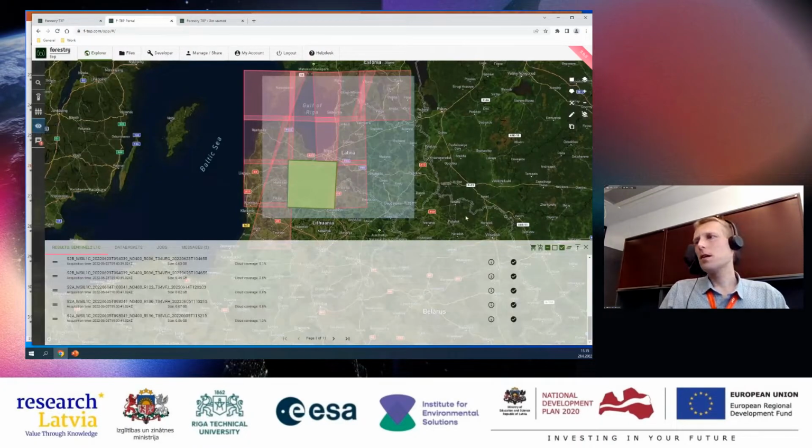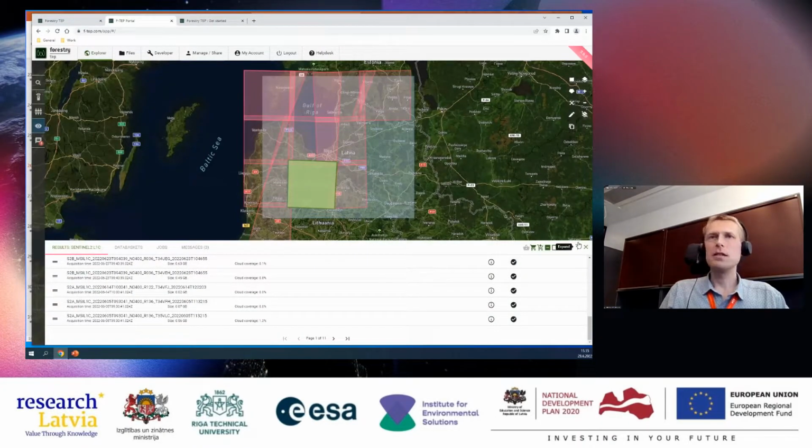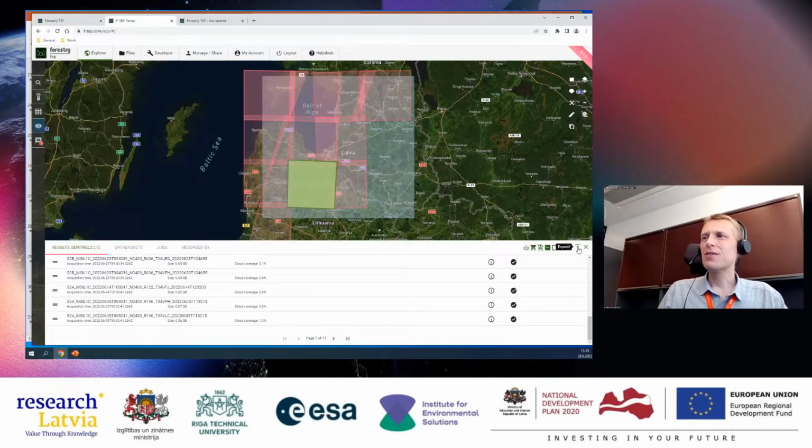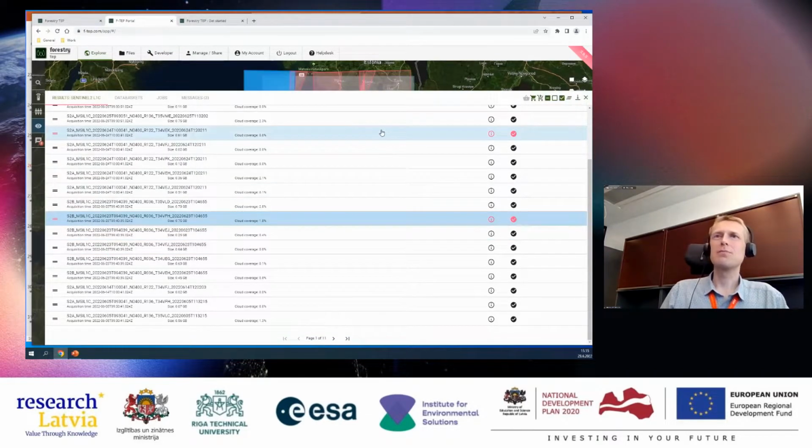And then last but not least is the data panel button. And this is where, let's say, the platform communicates with the user through this panel. First of all, there is this expand button on the right hand side, right next to the croc. So if you click that, it will get bigger.